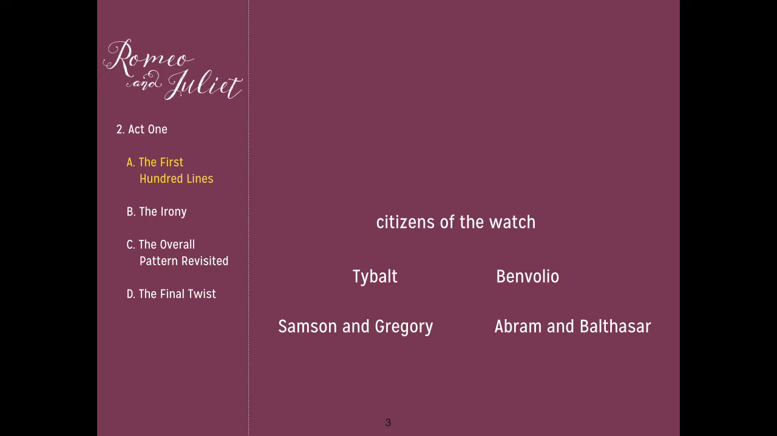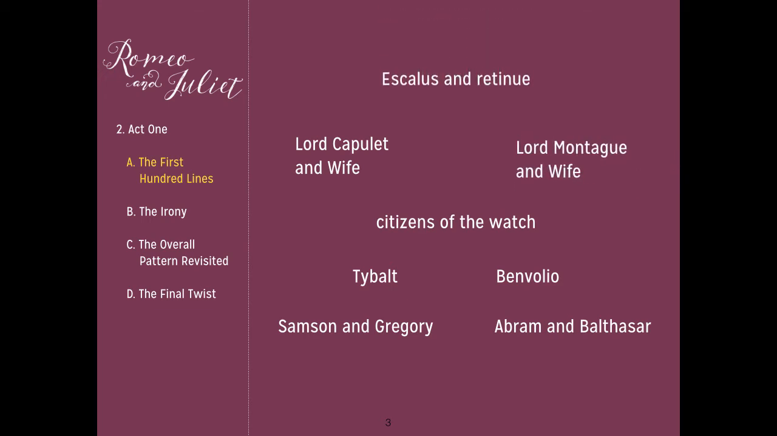Now the heads of household arrive on the scene, Capulet and his wife, followed by Montague and his wife. Then Prince Escalus enters with his retinue and manages to halt the violence, if only for the time being. A lot is going on in these first 100 lines of the play, but if you stand back just to watch the pattern, the choreography of entrances, and the movements of characters across the stage, what you see is not